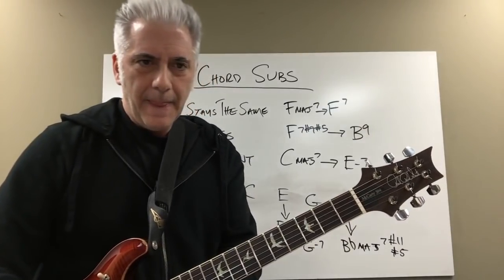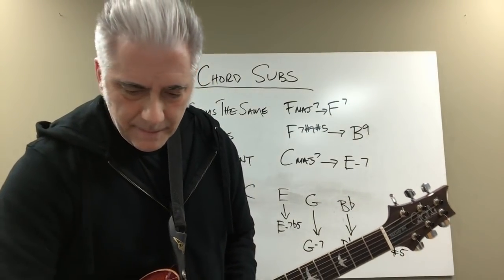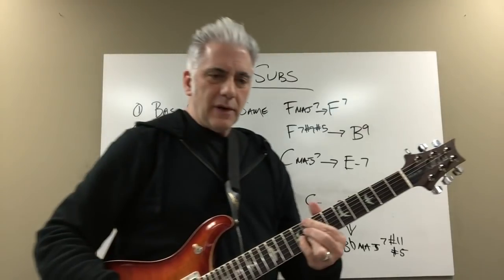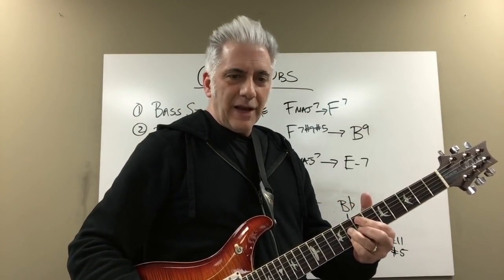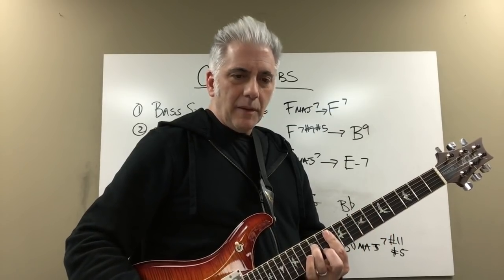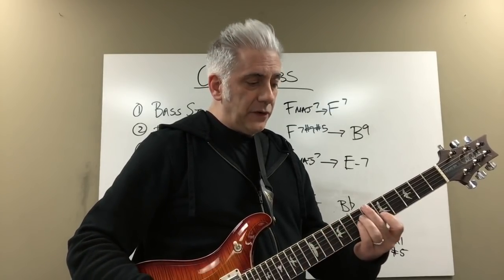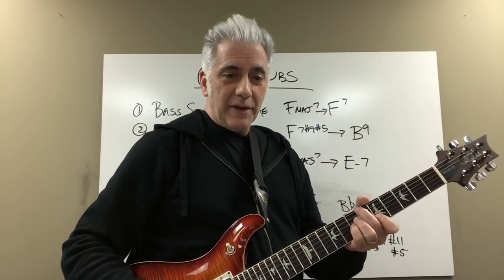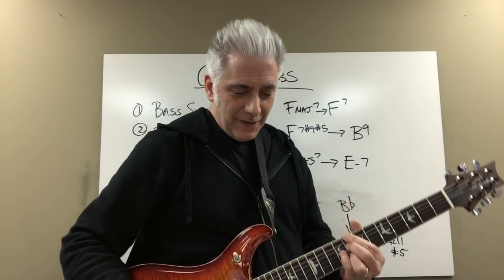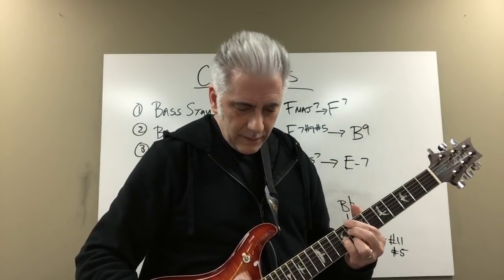So here's your C7 chord. You can use the half diminished off the 3rd. You can use the minor 7 off the 5th, or you can use the major 7 sharp 11 off the flat 7. So if I play this chord,